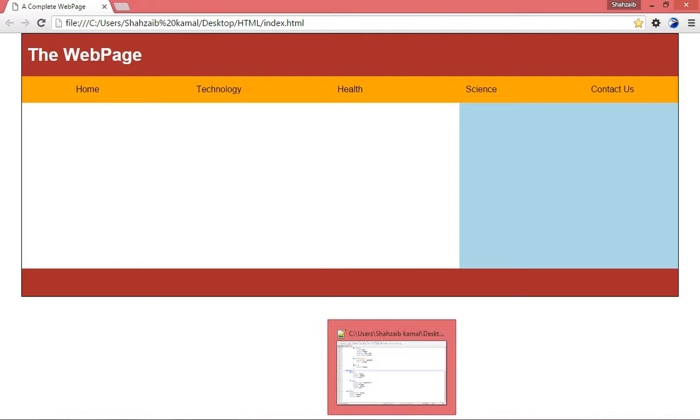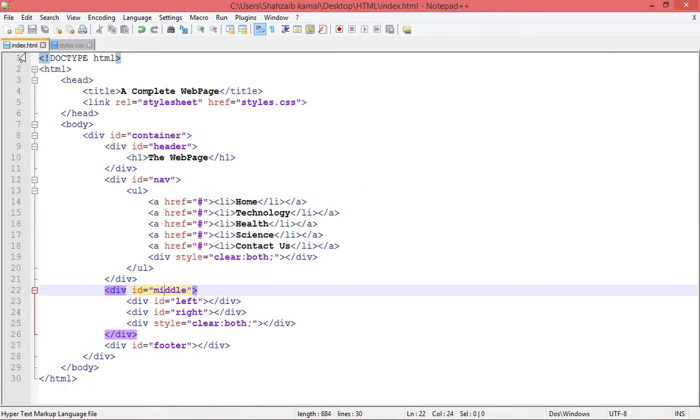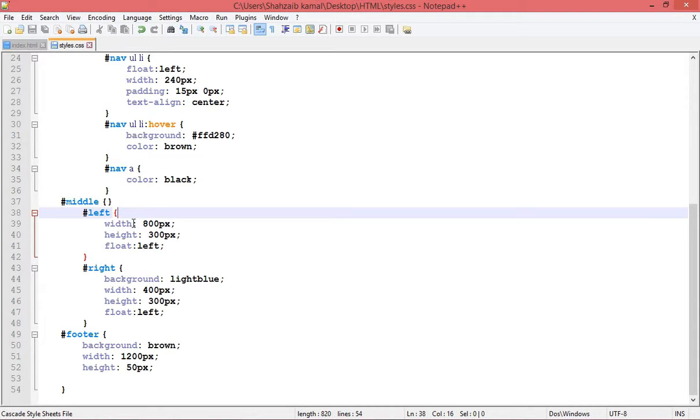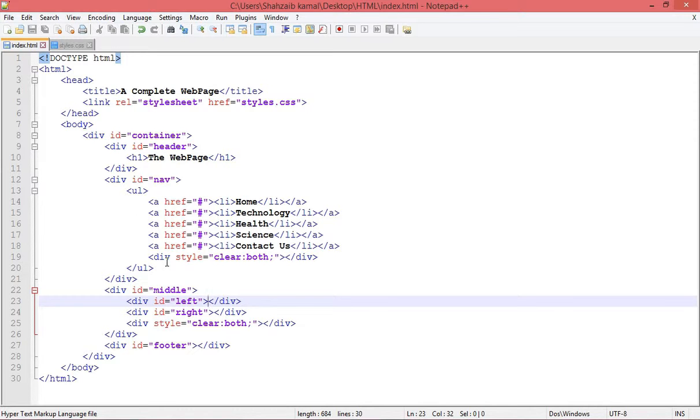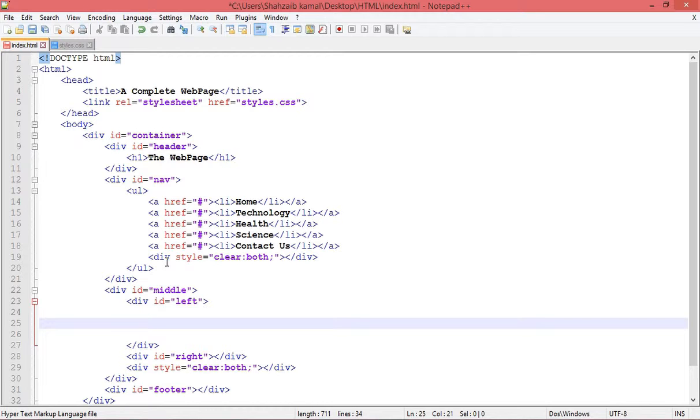So guys, what I'm doing next, I'm going to the notepad back and actually I'm going to the index.html, and this is the left area which has no color for now. I'm opening the index area. Just confirm that this is the index area which has no color, only the width and the height and the floating. So in the index, in the left one, I'm creating a new div,